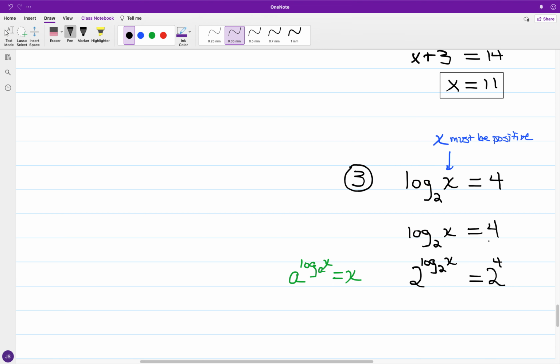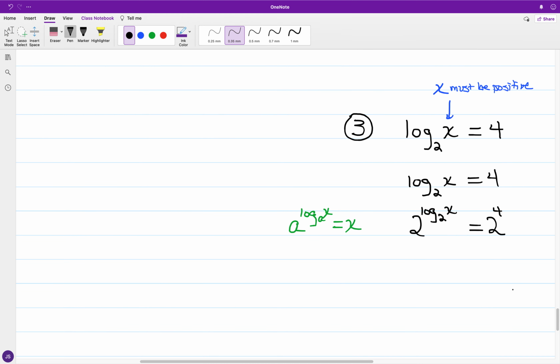Okay, so the equation I have, converting as powers on both sides to which 2 is raised, we have 2 to the base 2 logarithm of x. That will go to x. And so x is equal to